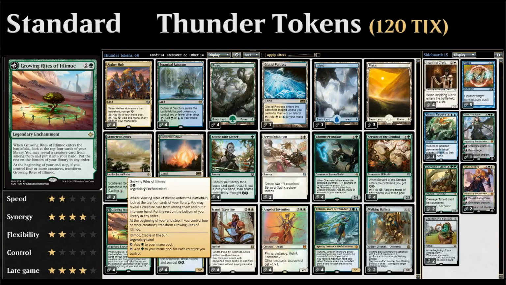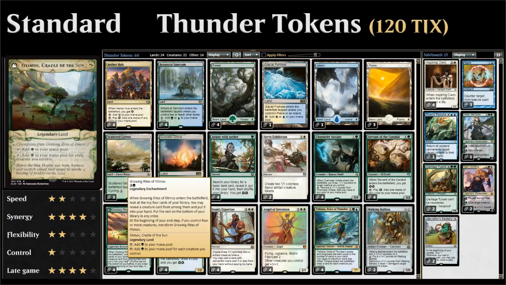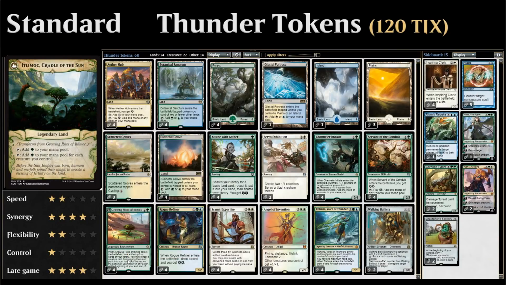And then at the beginning of our end step, if we control 4 or more creatures, we get to transform the enchantment into a legendary land called Itlimoc, Cradle of the Sun, which is essentially a Gaia's Cradle that taps to add green mana to our mana pool for each creature we control, which also combines very nicely with a bunch of tokens, since this can help us accelerate out an early Tishana by adding a lot of extra mana,